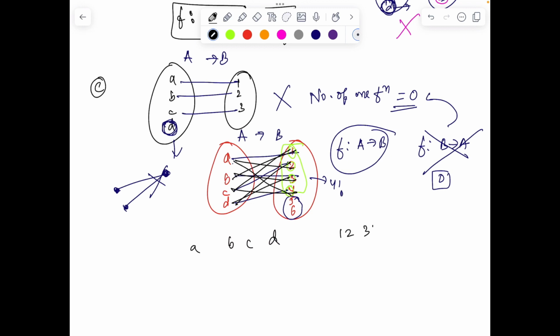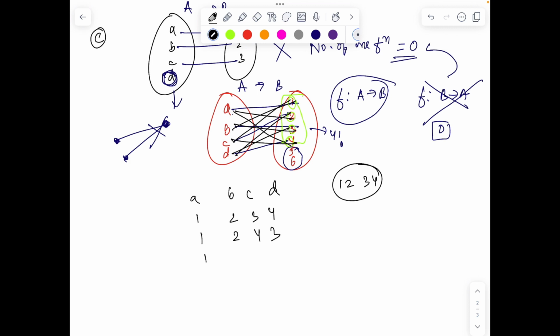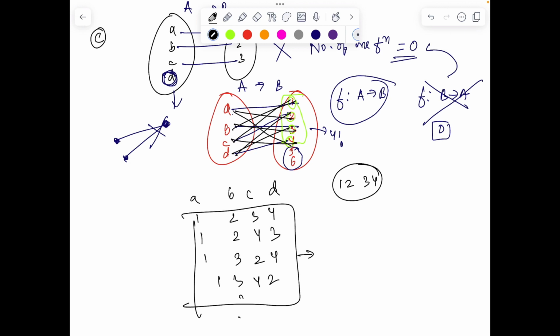सकते हैं। You can imagine like this ABCD. If I have selected, let's say, 1 2 3 4 to create one-one function, तो 1 2 3 4 यहाँ डाल सकता हूँ, या फिर 1 को ऐसे छोड़ा 2 4 3 डाला, या फिर 1 3 को छोड़ा फिर 2 4 डाला, 1 3 4 डाला। तो इसका पूरा परमिटेशंस आ जाएगा, पूरा अरेंजमेंट आ जाएगा। So corresponding to selection of 4 objects will have again 4 factorial ways of internally